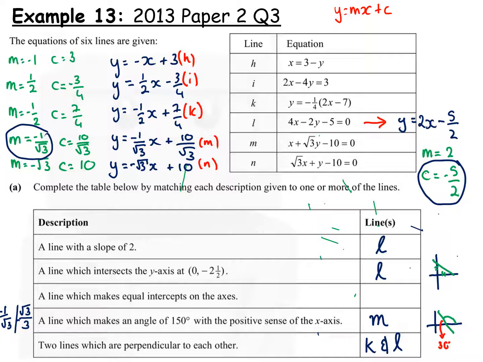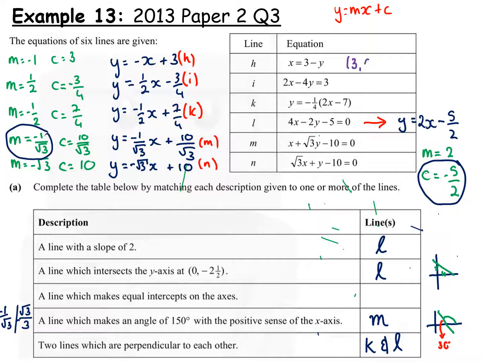A line that makes equal intercepts on the axes. So we basically want to know the x-intercept and the y-intercept. Now, we already know the y-intercept. That's the c that we've calculated. So in order to figure out where it crosses the x-axis, we let y equal 0. So let's do that for each of the lines and see what we can come up with. I'll try to change to another color. So let y equal 0 and we get the point